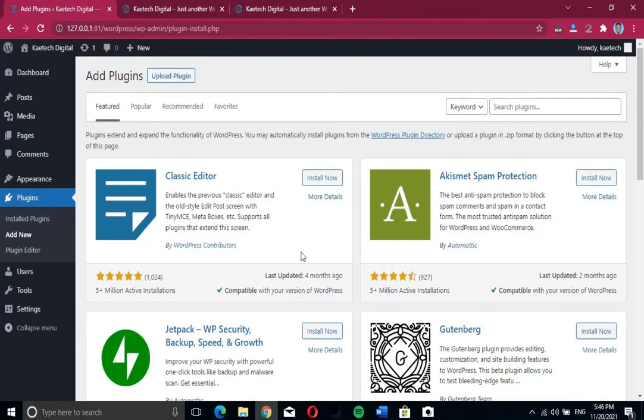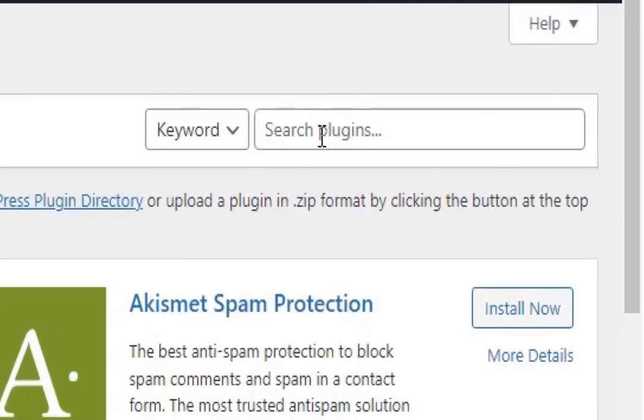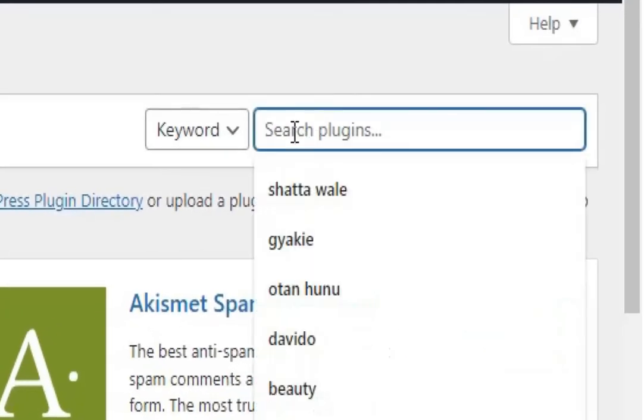Alright guys, so this is the plugin directory or the repository. You can get a whole lot of plugins over here. Now as you can see, plugins, like I said, add some functionalities to your WordPress website. Whatever you want to do, you need a plugin to support you to be able to do it. So in the search bar over here, we type in the keyword that we want to search for, or the plugin name that we want to search for. So what we have to do is to type in